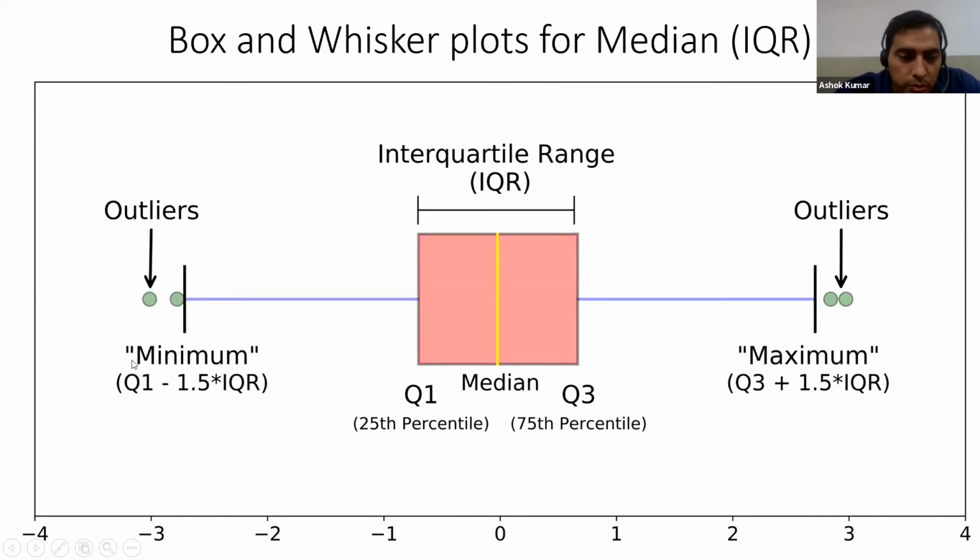And you can see in the circles and stars and boxes, these are the outliers. So the minimum is Q1, the 25th percentile, minus 1.5 multiplied by the interquartile range. You know the interquartile range. So what you have to do? Q1, the 25th percentile, minus 1.5 into the interquartile range. And then what is the maximum? This is Q3, the 75th percentile or third quartile, plus 1.5 into the interquartile range. And after that, this is an outlier. No need to worry, SPSS will do it, but you have to understand what this plot is.